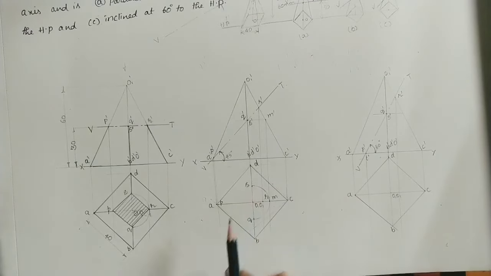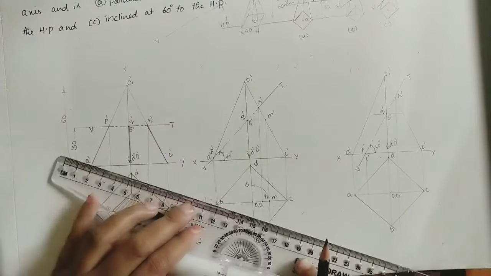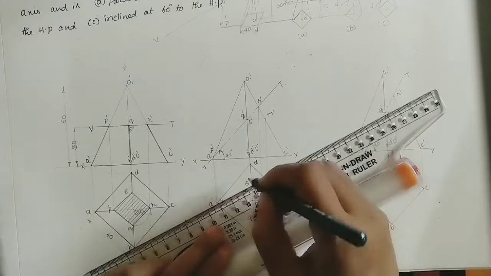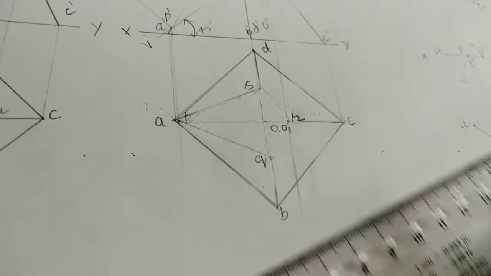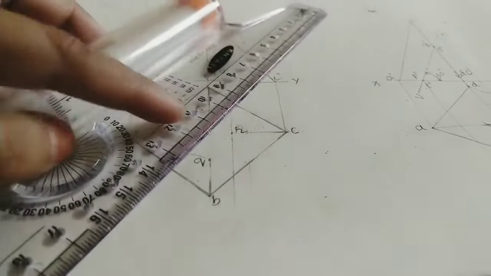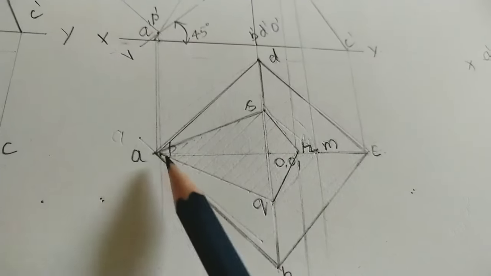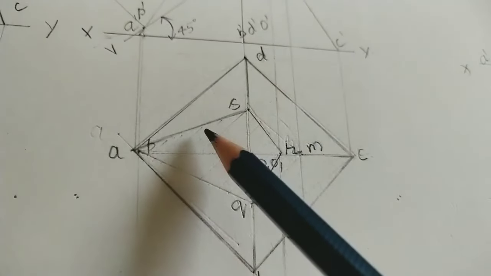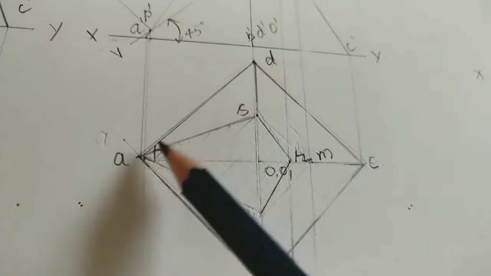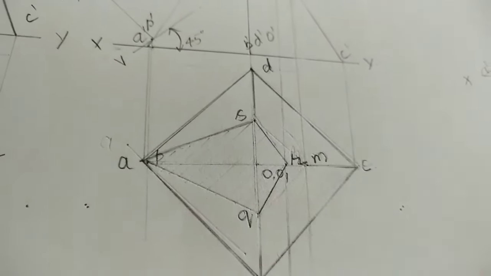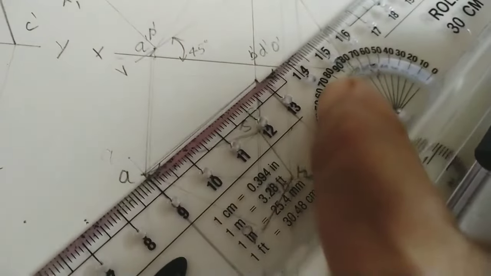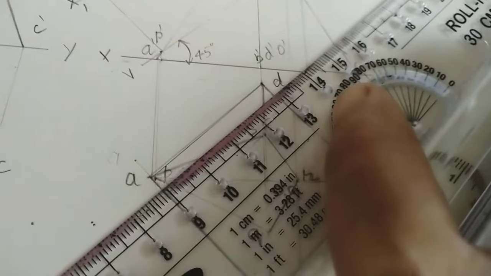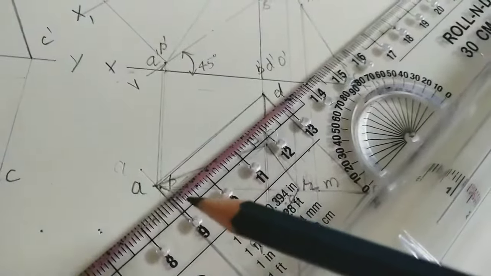Join PQRS with the help of a scale. Now join QR and RS. Now after joining PQRS, make this section a hashed section. For getting the hashed section, we have to do the 45 degree lines. So we already did the 45 degree line here. Take this as the reference line and make the lines in this area. Okay, already this is a 45 degree line. Move the scale and within this area, do the lines.